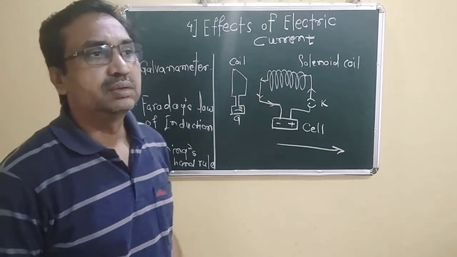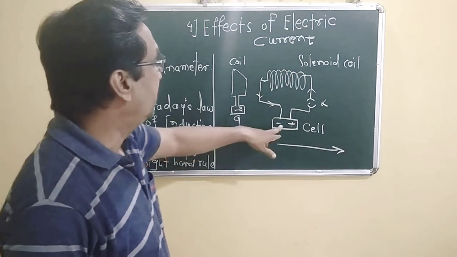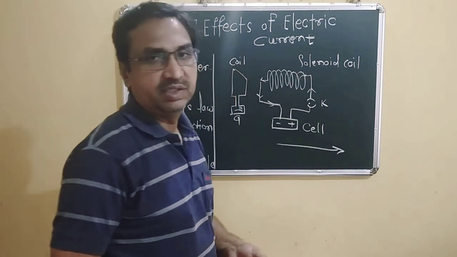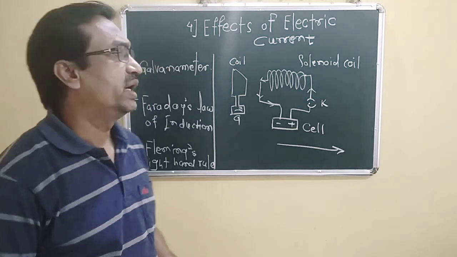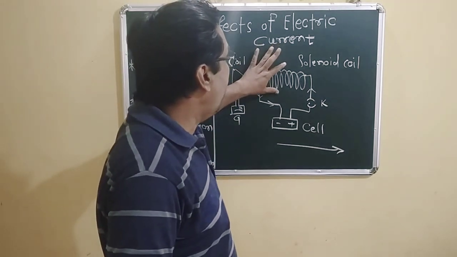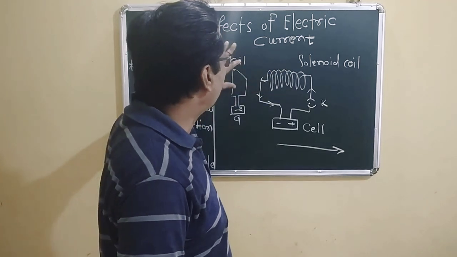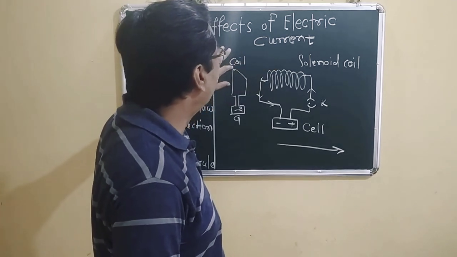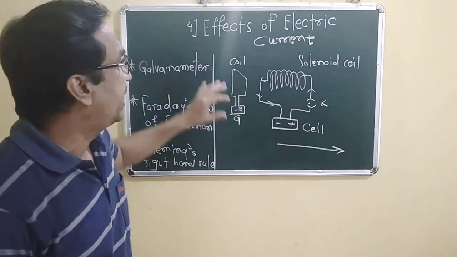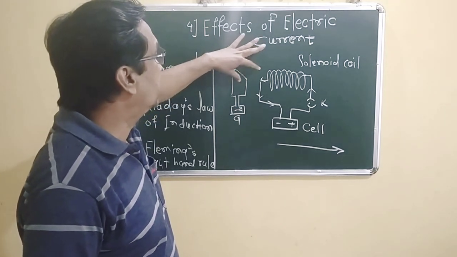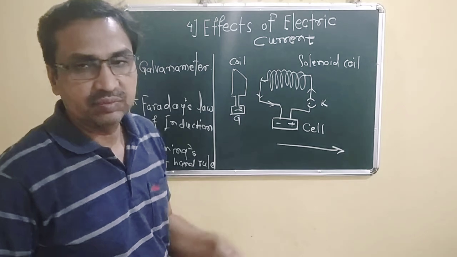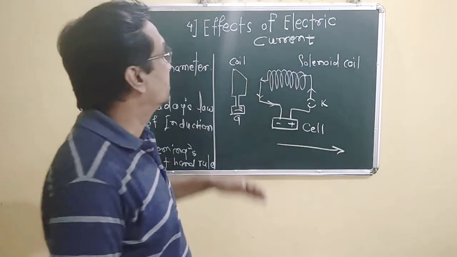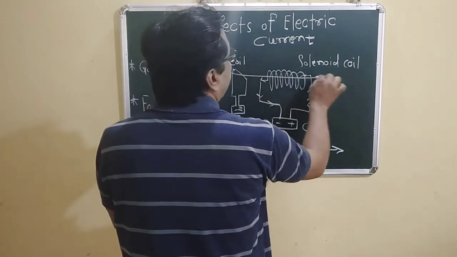So why does all this happen? We already know that when electric current is passing through the circuit, it is surrounded by a magnetic field. In the presence of a magnetic field, if a magnetic material is introduced and there is a change in location, that means they are displaced from each other, then we know there are strong magnetic lines there.